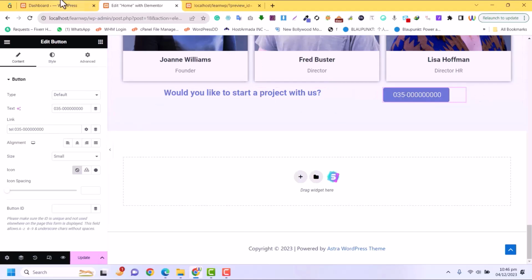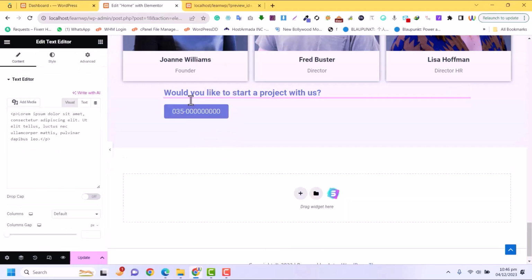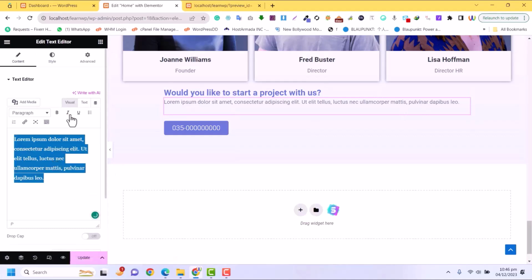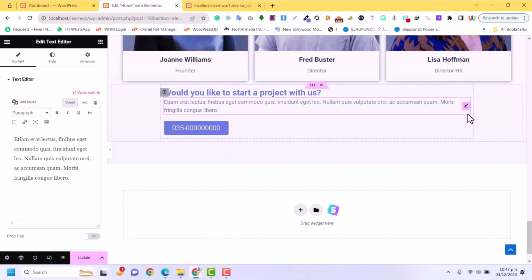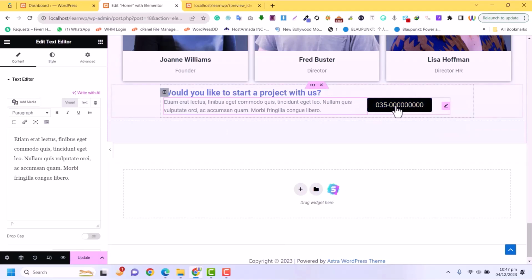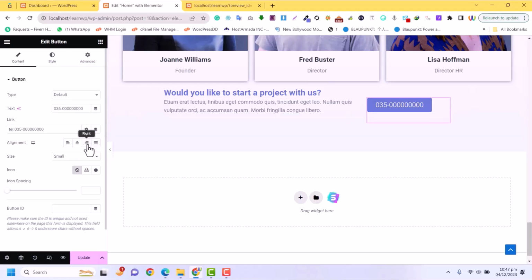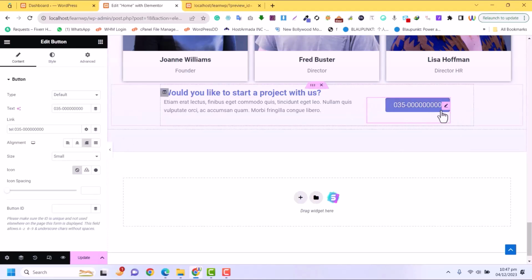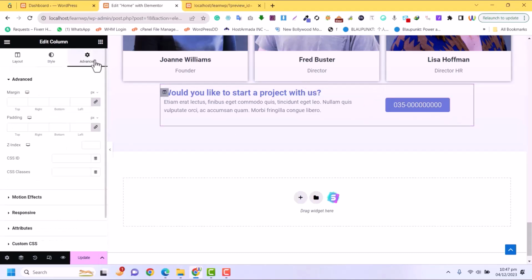Okay, now I just want to add some text inside that, so I will go here and add the text area here, and you can see this is the text area. Inside that I will just decrease that size, you can see this is here. Okay, so if I select that, and here if I make it align right, you can see this is now here. So here if I go in the column, in the column I would like to make some styling